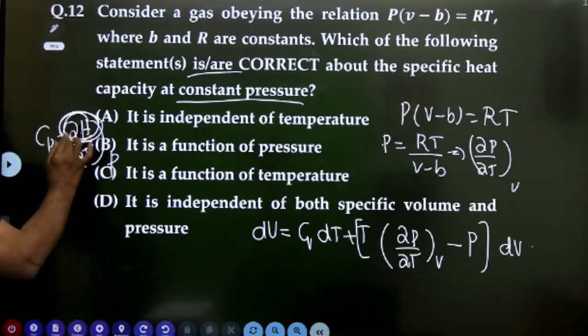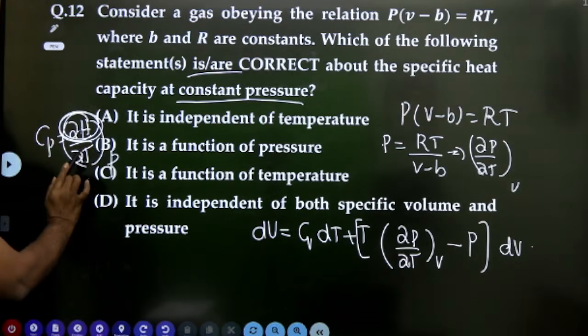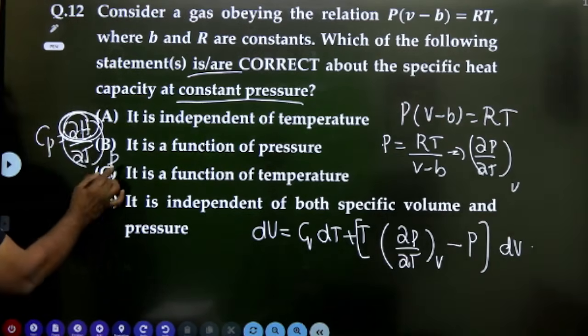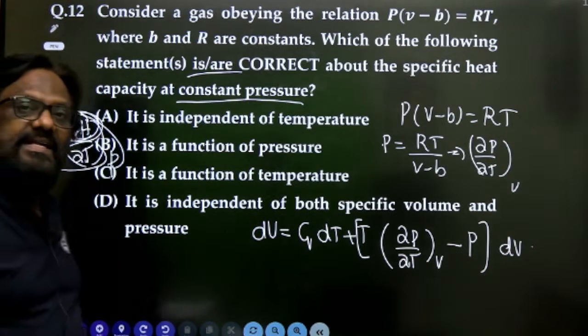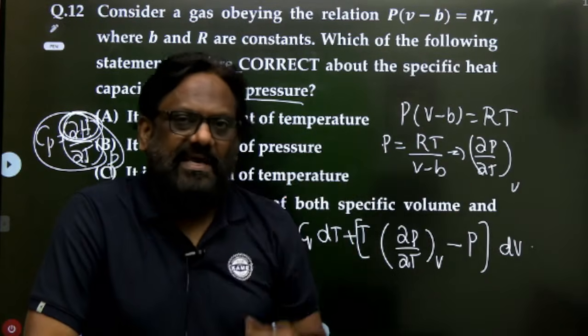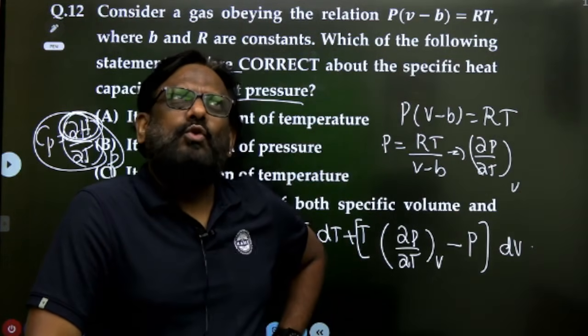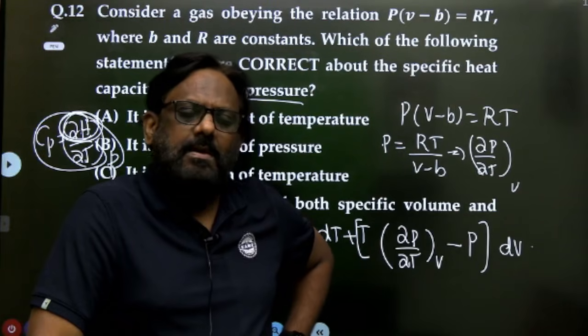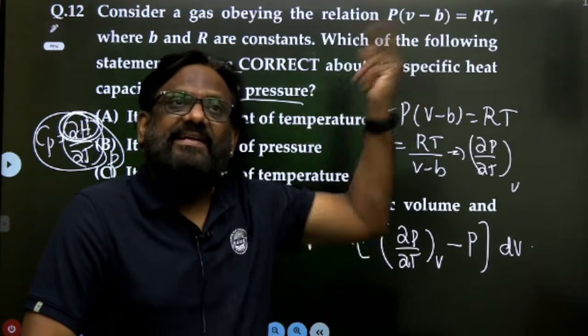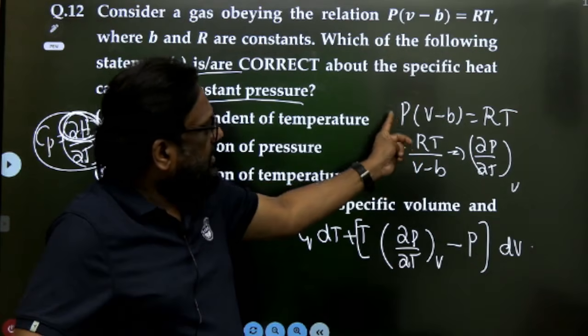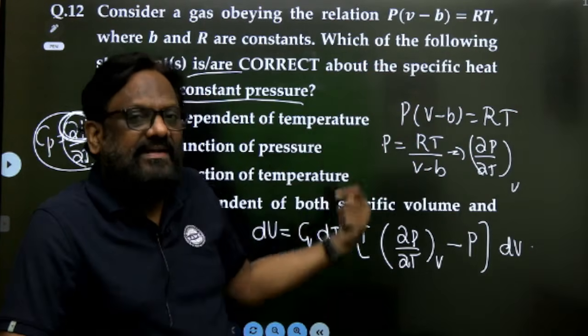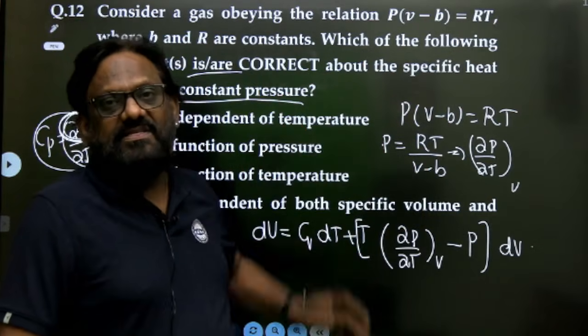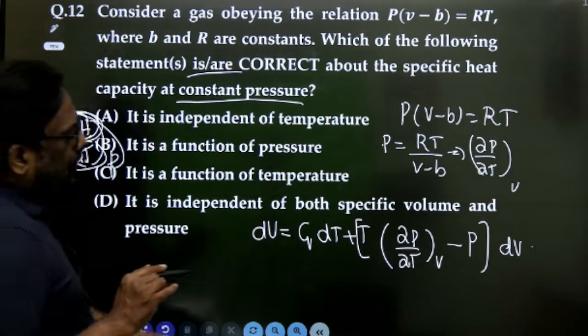फर्स्ट आई कैलकुलेट एंथैल्पी, एक बार एंथैल्पी आएगा उसको मैं टेंपरेचर के साथ डिफरेंशिएट करूंगा at constant pressure, then you will get the value of Cp. That is the intention. देखो मैं कैसे अटैक करके आ रहा हूं, Cp चाहिए, Cp is equal to dou H by dou T at constant pressure. मतलब एंथैल्पी चाहिए, एंथैल्पी के लिए इंटरनल एनर्जी चाहिए। ऑलरेडी PV तो अवेलेबल है, इस गैस के लिए PV अवेलेबल है, तो इसलिए मैं इंटरनल एनर्जी कैलकुलेट कर रहा हूं। That is the logic और सीक्वेंस कनेक्टिंग पॉइंट्स।